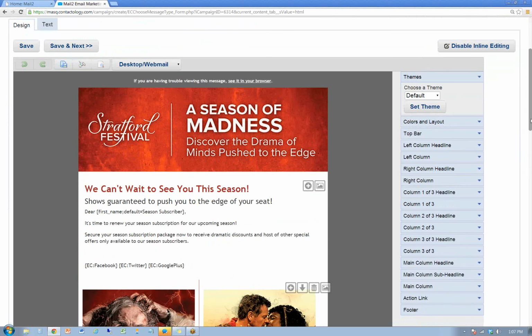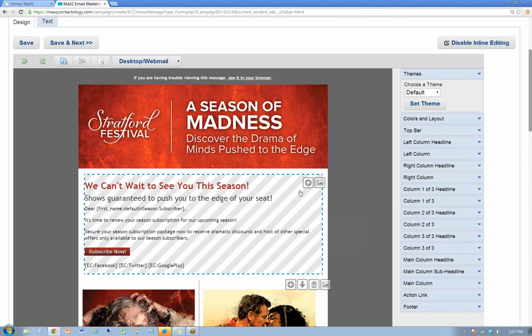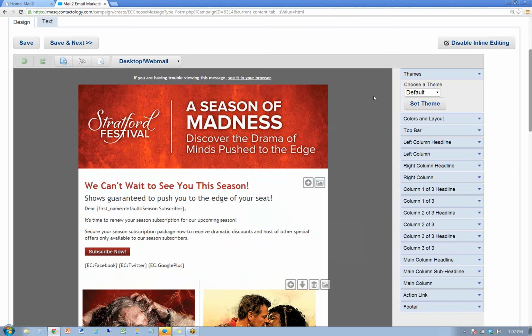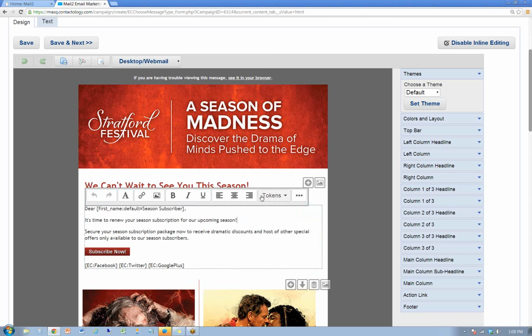So what's new with inline editing? Basically, it's got a much simpler menu structure. When I hover over any of the content regions, I get a blue outline rather than the green one. And when I click on it, I get the menus that are,